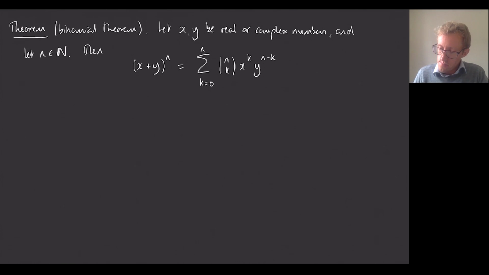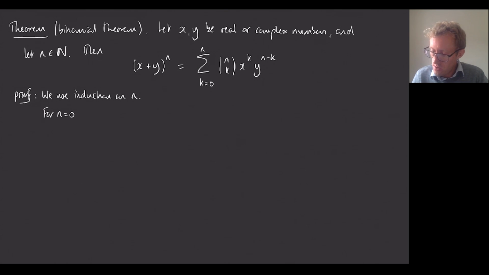Okay, so this tells us that if we want to expand a bracket like this, then the way we can do that is by looking at Pascal's triangle and just reading off the coefficients in our expansion, going across one of the rows, well, the row n of Pascal's triangle. So let's prove this. We're going to do it by induction on n.